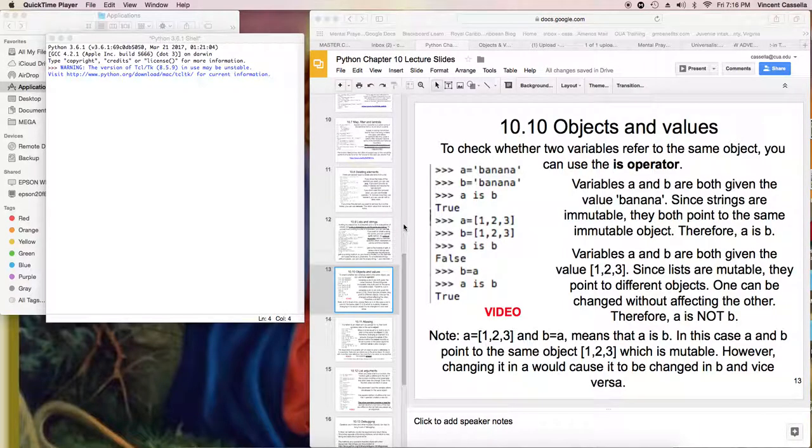Hello, Dr. Casella here again, and in this video we'll be talking about the is operator and we'll be talking about objects and values. Okay, so if I create the variable name a and set it equal to the string banana,